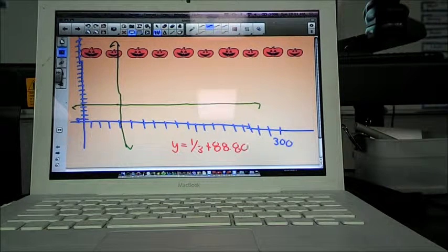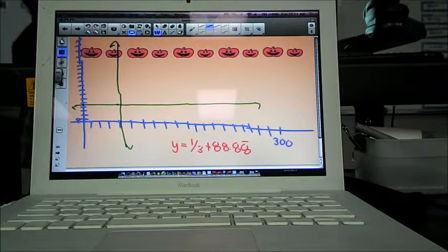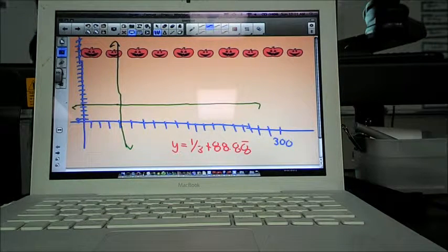88.88. This is what you graph. So you find 88, which is up here, and then you find,